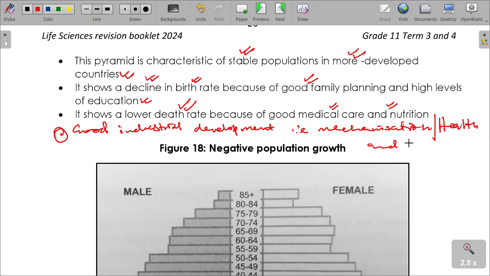Health and safety in workplaces in developed countries is quite up to standard, so that people cannot just die or succumb to diseases that are preventable. Some diseases that are killing people in Southern Africa or developing countries are conditions that can be controlled,